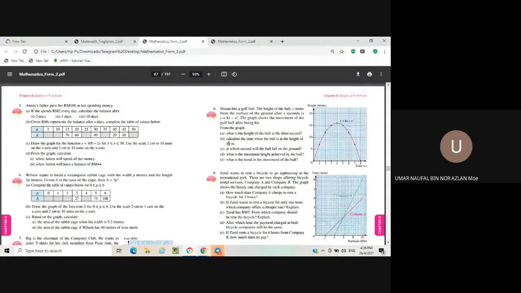Teacher, what about 1.5 seconds? Yes, teacher, there are two answers, 1.5 seconds and 6.4 seconds. So for this one, calculate the time when the ball is at the height of 10 meters, right? So there are two answers. You have to write the two answers there. So the first answer is